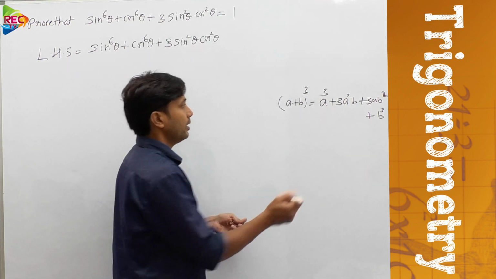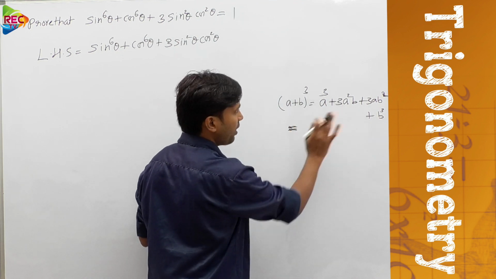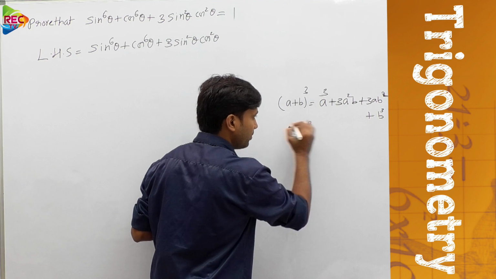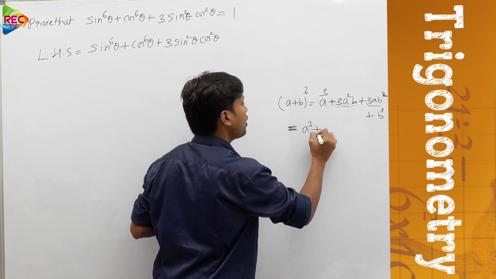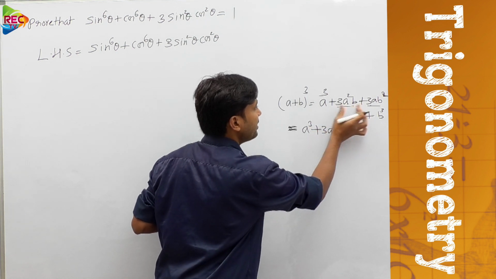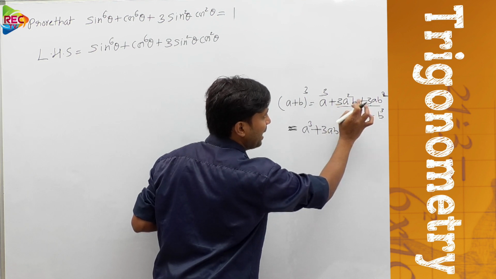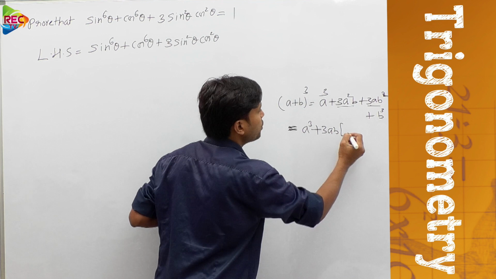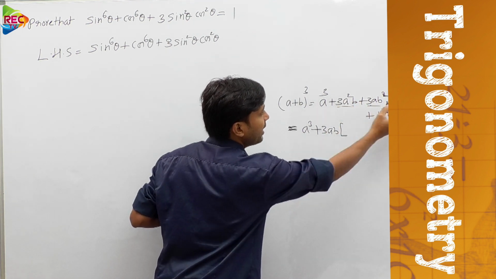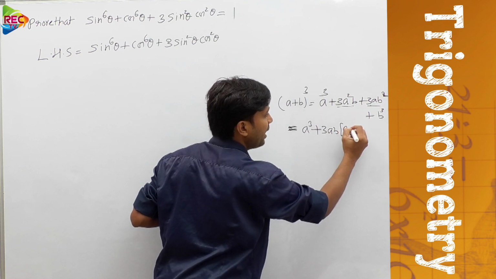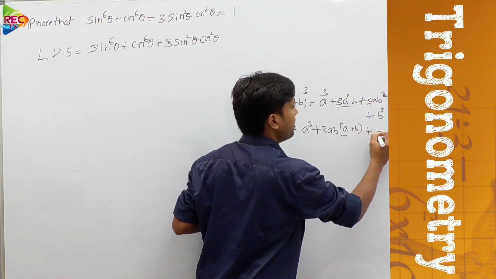Okay. Now, I want to do one small rearrangement in this formula. We can write this formula as a cube. Now, from the 3a square b term and the 3ab square term, if you take 3ab common, if you observe, there are common factors 3ab here, right? When you take out 3ab from both of these terms, here one a is left over and here one b is left over. So here a plus b is inside the bracket. Okay, plus again b cube.